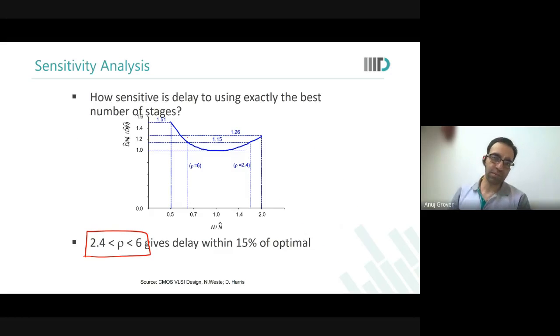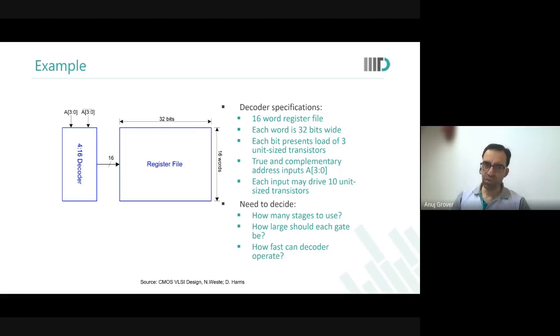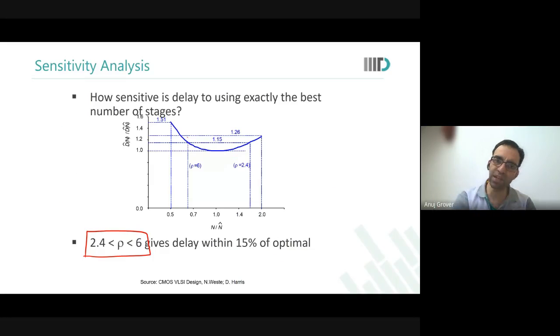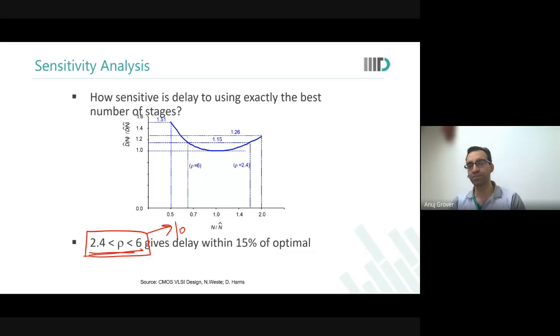Yes? So numerically we got a value like 3.59 for the best stage effort. But how can we generalize it for each and every kind of circuit, that 4 will give the best optimum? So there is no way to generalize. We just give you an empirical value, and that is why I followed it up with saying you may want to keep it anywhere between 2.4 to 6. And in fact at places I am also giving you an example that you can keep it at 10 or 15 also. Because you know the delay is dominated by RC.